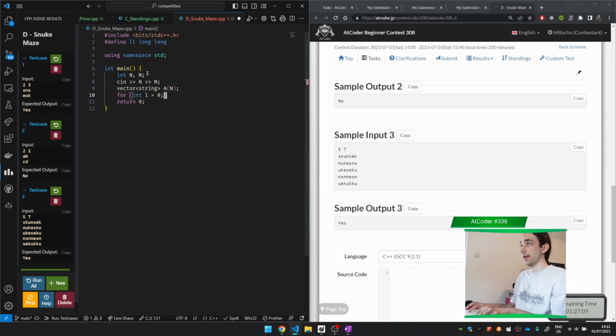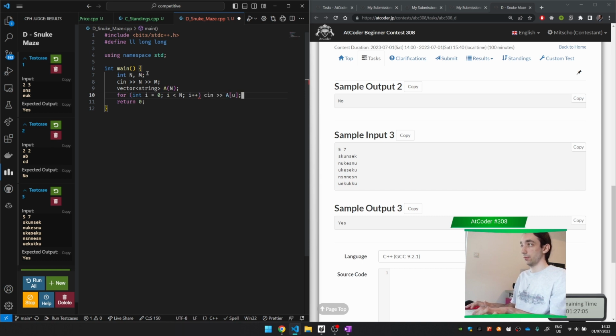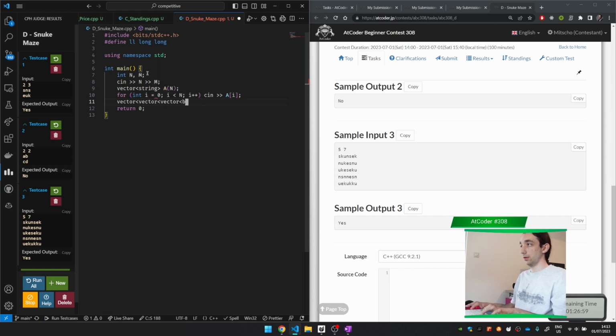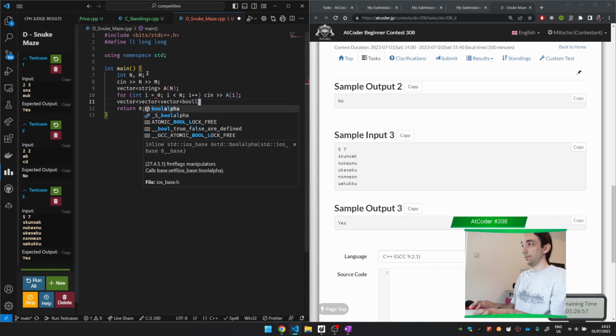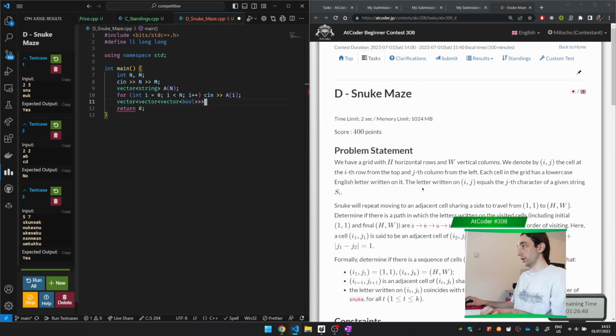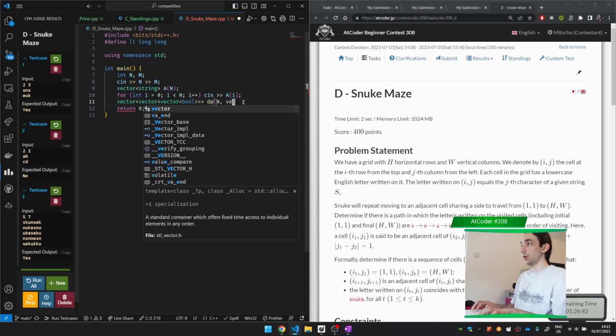I will call it A. I will read this matrix. Then I will create a DP, so there's enough memory. So, I mean, of course there is. I will create a DP which